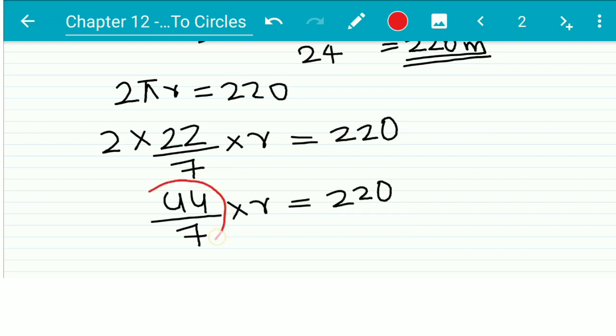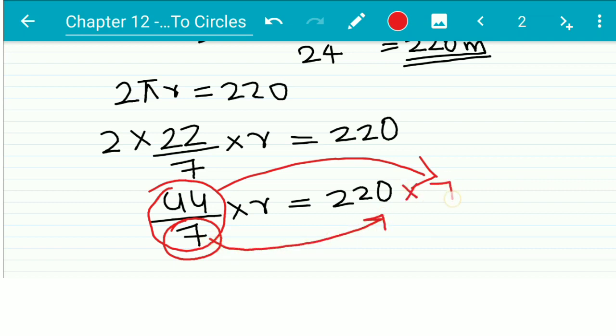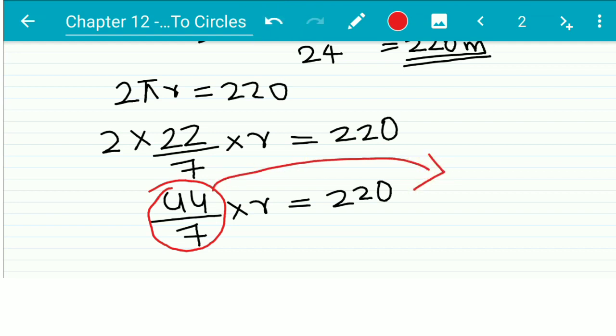Now I'm going to take this 44 by 7 to the other side. As we know, when you take anything to the other side, the sign will reverse. And also you can see here it is division. 7 is divided by 7, so when you take 7 to the other side, it will be multiplied by 7. 44 is on the numerator side, so when you take 44 to the other side, it will be on the denominator side. Everything opposite. So I'm going to take 44 by 7 to the other side. So in the next step, it will be